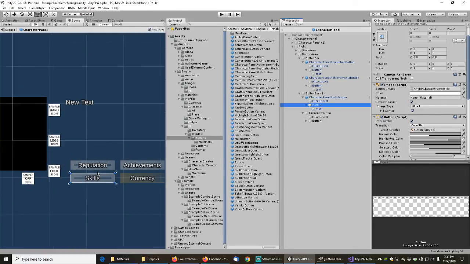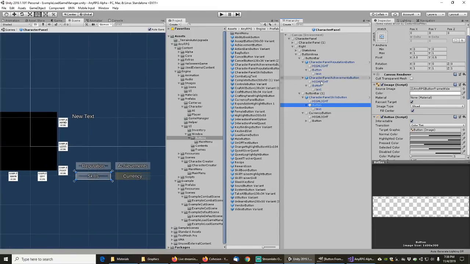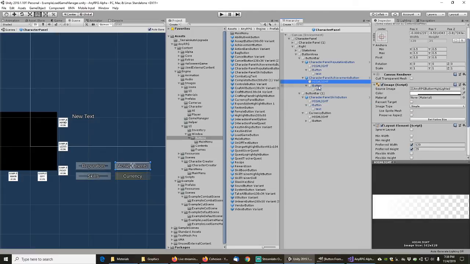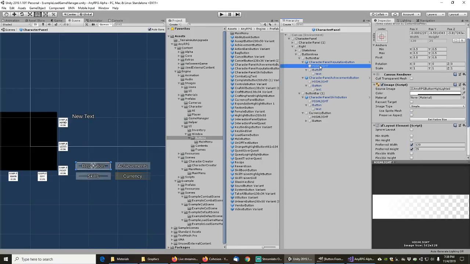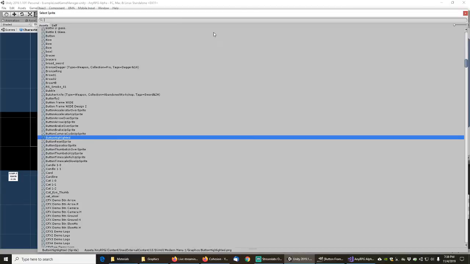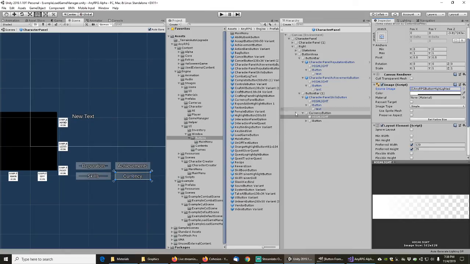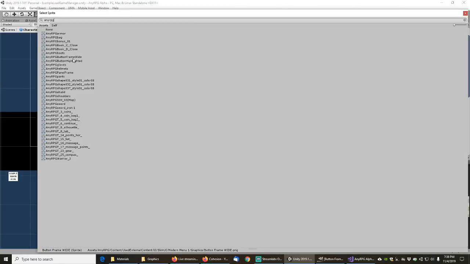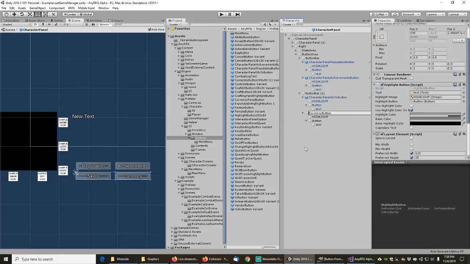It's odd that the reputation and skills look like that, but achievements looks normal-ish. I wonder if that has to do with just differences in color. Who knows? Okay, well, anyway, button highlighted, AnyRPG, button highlighted, button frame wide, AnyRPG button frame wide. This gets to be the character panel